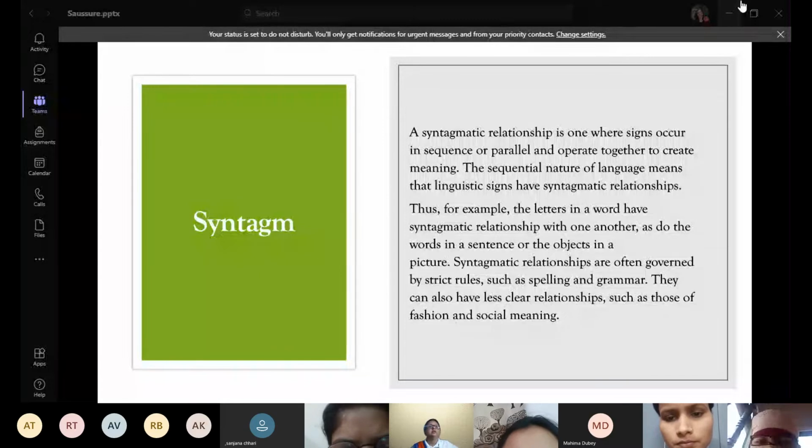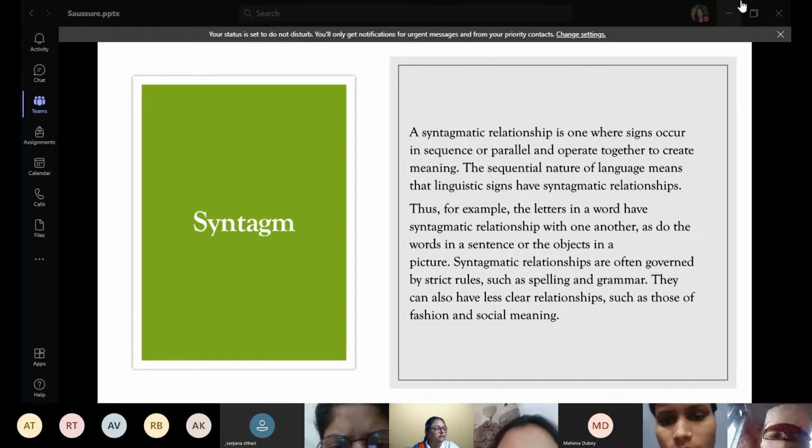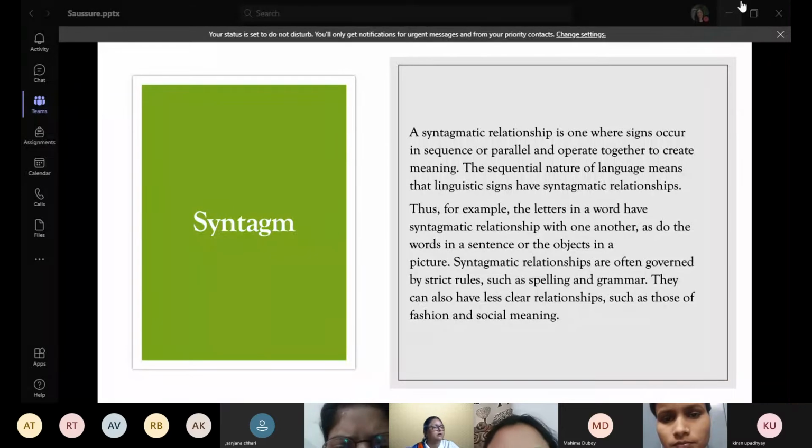Now coming to syntagmatic and paradigmatic relationship. Now this is where we begin today. What is syntagmatic, and what is paradigmatic? So this relationship when we study, see the root word syn. Syn means same time, okay? We did it yesterday that synchronic, we said syn means same time. So in the same way,